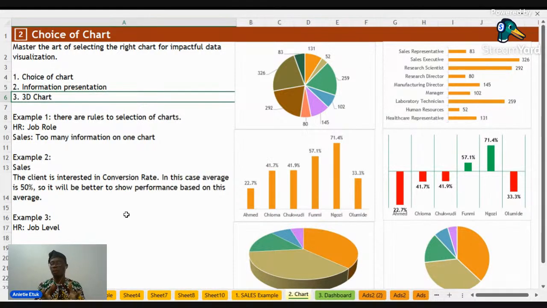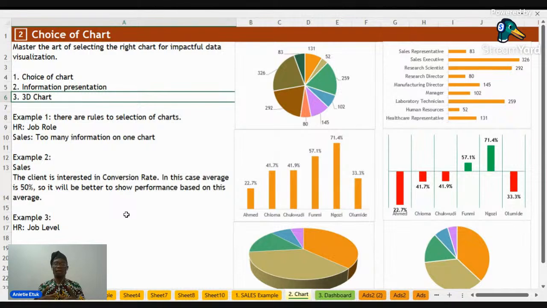If you're using pie charts, like I said, there are rules for each chart. I will give two. Whenever you're talking about trend, you discover that line chart is best. For example, when you talk about Forex, that's why you see the line chart. When you talk about representing data using pie chart, it's advisable that if the data points are more than 6, don't use a pie chart.